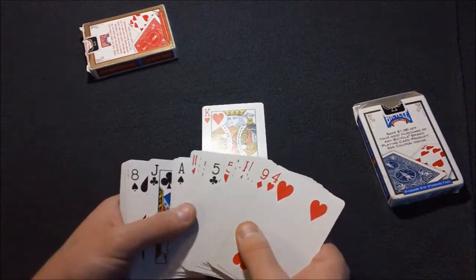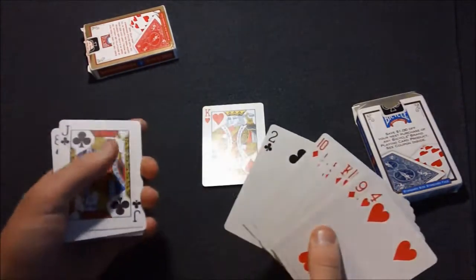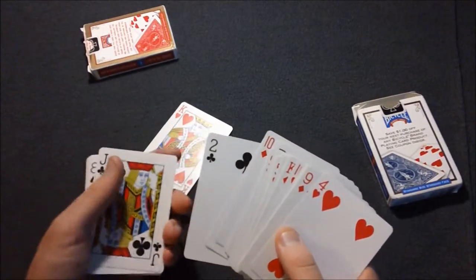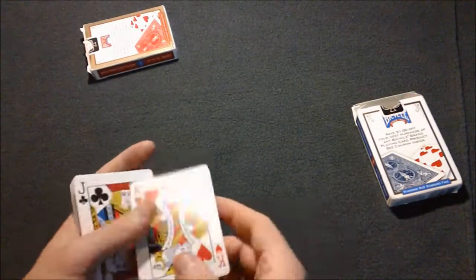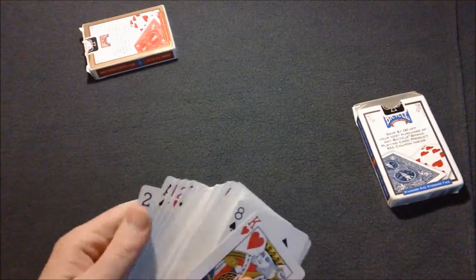When they take it, I don't put the cards back to where they were. I break off to the card where the King of Hearts was, and I take the card that was in front of the King of Hearts and put it on top of the deck. And what this allows you to do is instant reset the deck. You can just put the King of Hearts back there, and it's sandwiched between the two blues, as you can